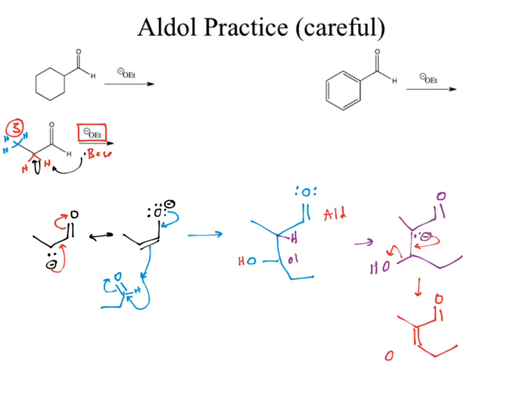Why is it a condensation? You're losing water. If we look at the overall loss in this case, we lost that purple hydrogen and we lost OH minus. Put them together and what do we have? Water. Why is it called a condensation? When we ran the reaction, just put it in a container and let it run, we noticed that there started to be a condensation dripping on the condenser or dripping in the reaction. Why was there condensation? Water was formed.